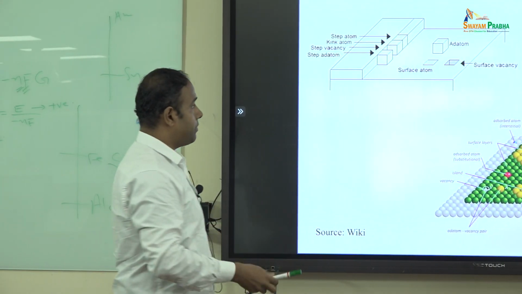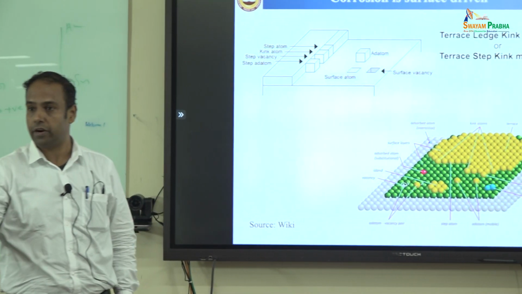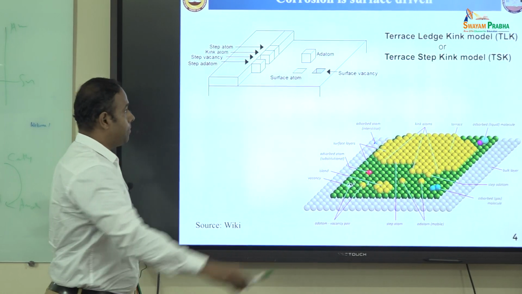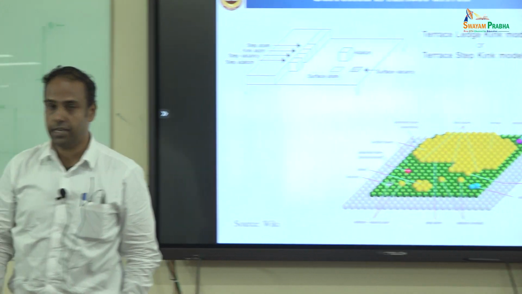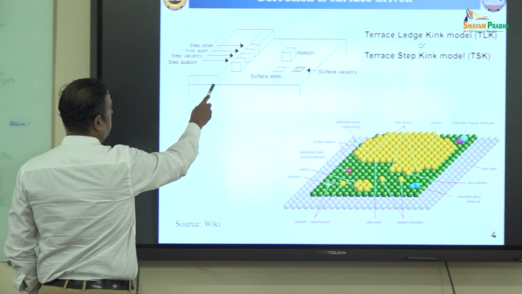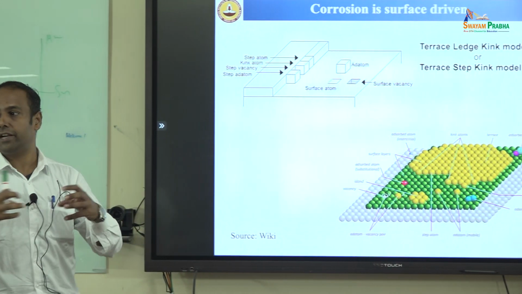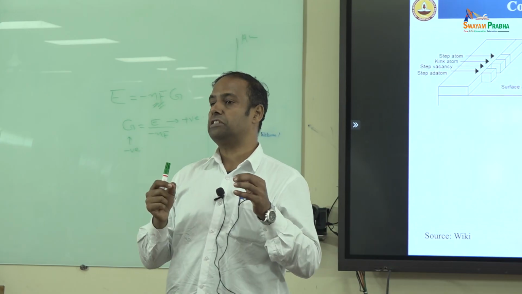And when you talk about arrangement of atoms, it is possible that there is one surface adatom which is present on a terrace and it is attached from only one side. Some places where you have an atom missing from the surface, it is called a surface vacancy, and this is what we call a step. And the surrounding atoms around the step are coordinated in a certain way. So every surface is heterogeneous in nature.